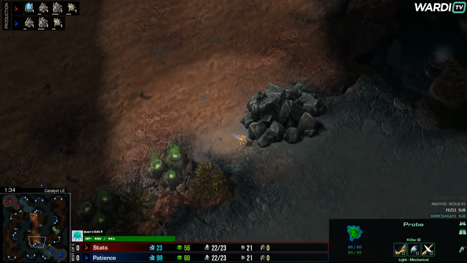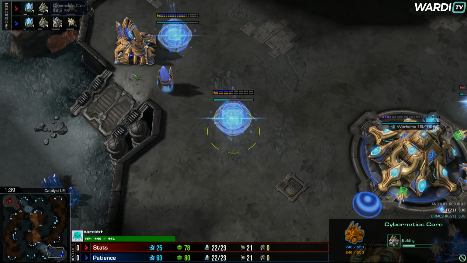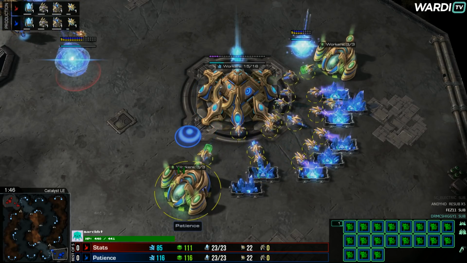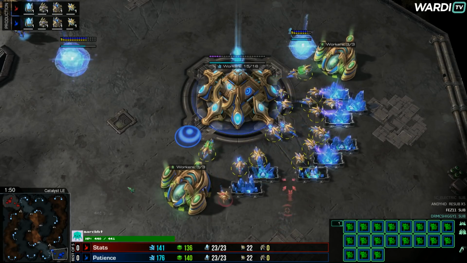So going to see this probe going down towards the bottom right and a probe going in towards the upper left. And we are just going to be seeing the cybernetic core about halfway done on each side of the map here. So obviously a minute or two until we really get in towards the tech choices here, until we really start seeing what's going to happen on